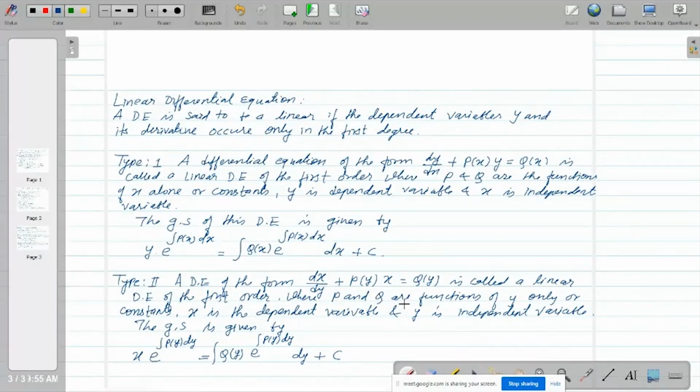Okay, now let us see one problem based on this, then you will understand this concept easily. Okay, so let us move to the next page. So write down the problem. Example number 1. Solve the differential equation